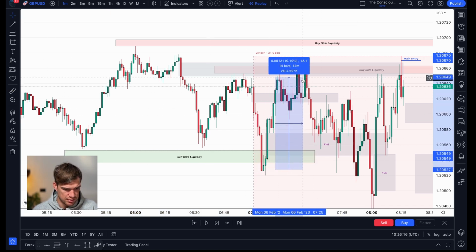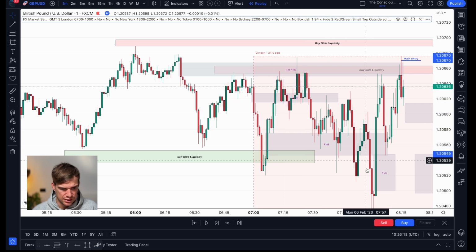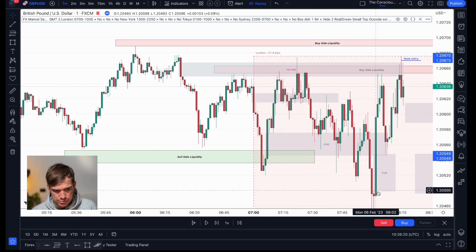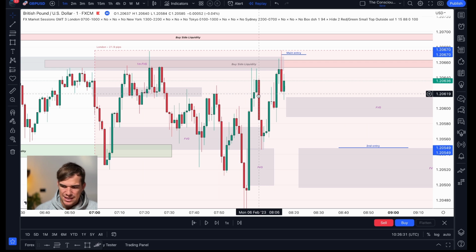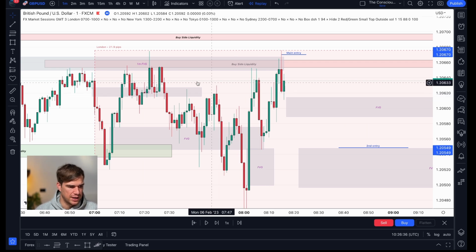Okay, so if I was sticking with my bias on the long side, this would have paid me really well. I would have taken 12 pips. And then if I was managing my trade down here, that would have been the 50 pips that we saw earlier. So opportunities both ways, but you have to be convinced from your analysis and to be sure of what you're doing makes sense to your trading and how you objectively analyze the trade.